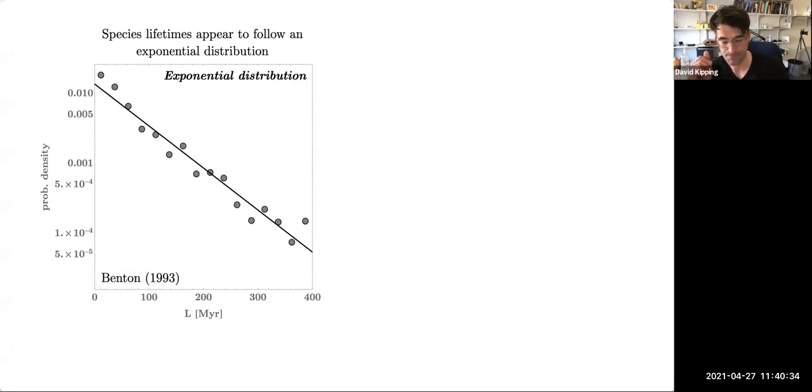So what we assumed in our paper was we looked at the geological record again for guidance, and we noted that the species lifetime on Earth is an exponential. So if you look at the fossil evidence for how long different species survive through the eons, you find that there are very few species which last hundreds of millions of years, very few. But there are lots and lots of species which last for just a few million years. And then they disappear from the geological record. And that makes perfect sense because they're failed evolutionary experiments.